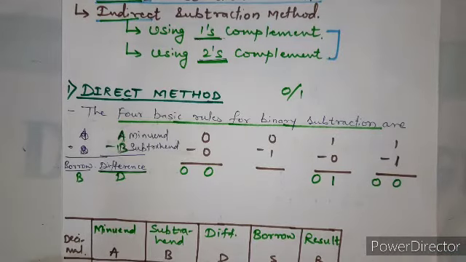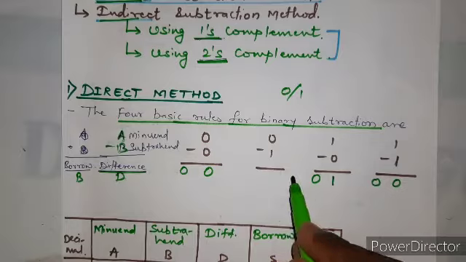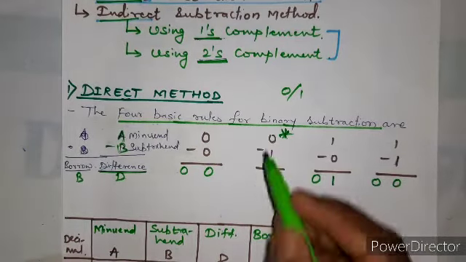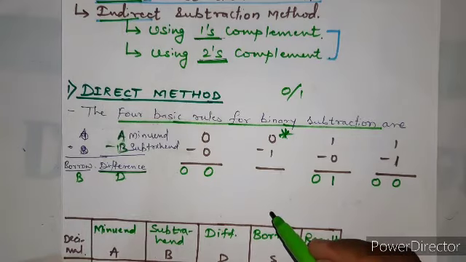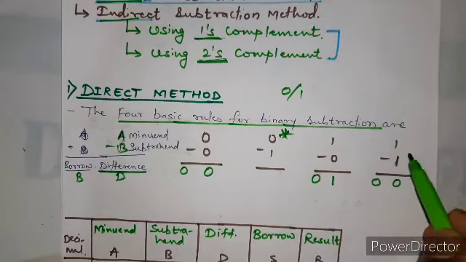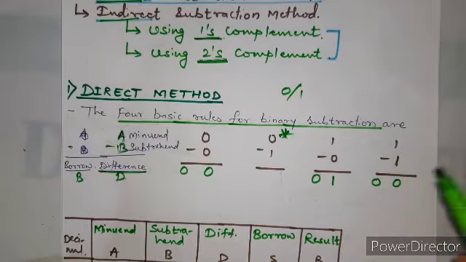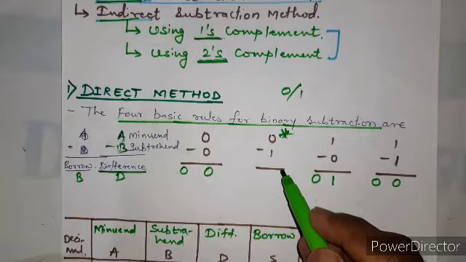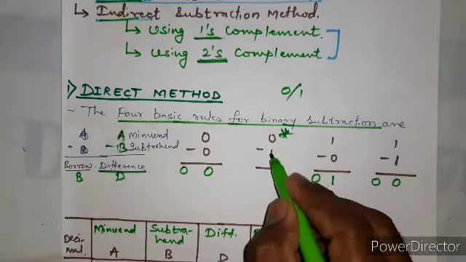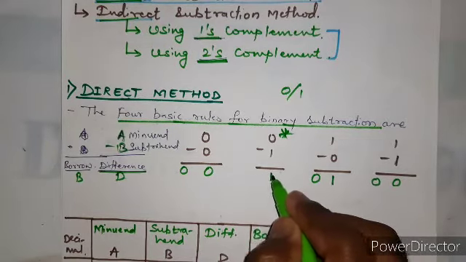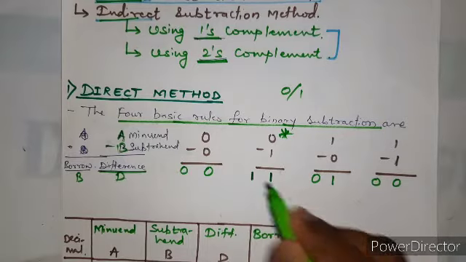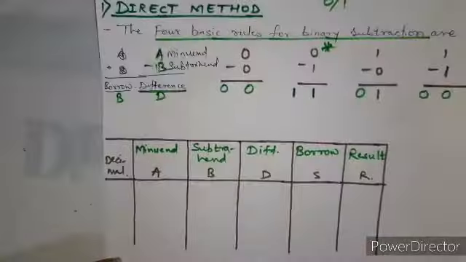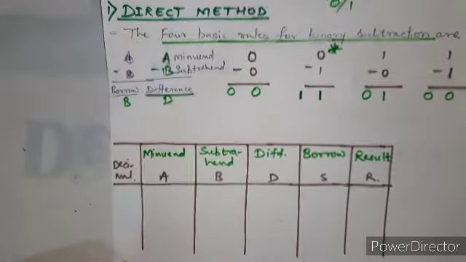Now what the special case here is this one, 0 minus 1. Okay, in the binary addition we saw that 1 plus 1 is a different case. Now here 0 minus 1 is a different case, where 0 minus 1, difference is 1 and borrow is also 1, right? So let us try to fill this with the help of this table.